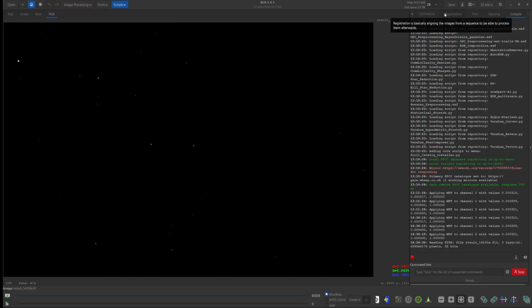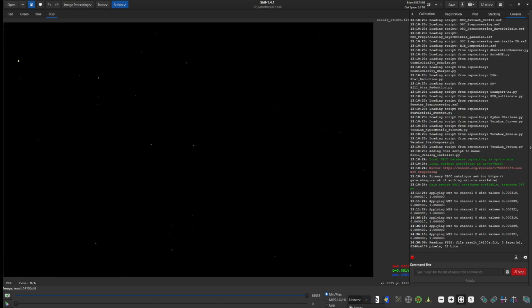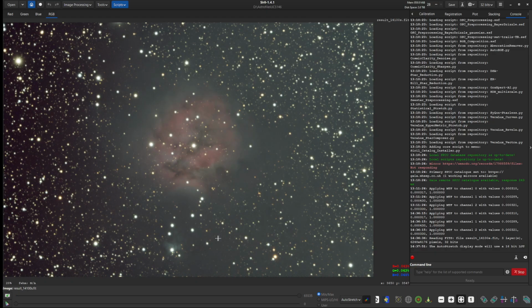And so I've got my Siril opened, and I've already got the image file opened. This image file has already been aligned and stacked using Siril. And the view that you're seeing right now is in a linear view. I'm going to go ahead and click down here and select auto stretch. And you can see here's the image unprocessed. What the auto stretch does is it doesn't change the image file. It's simply a way of looking at the file so you can see a few more details as you